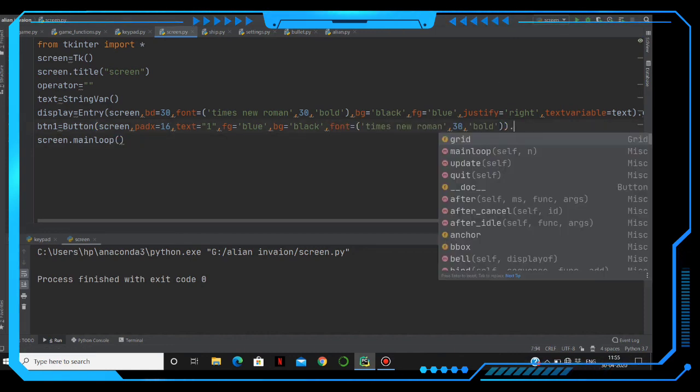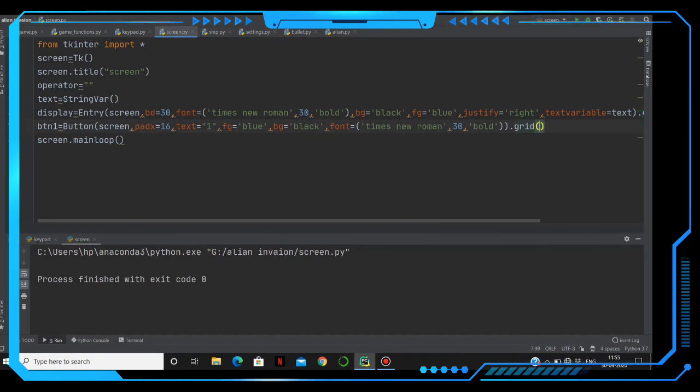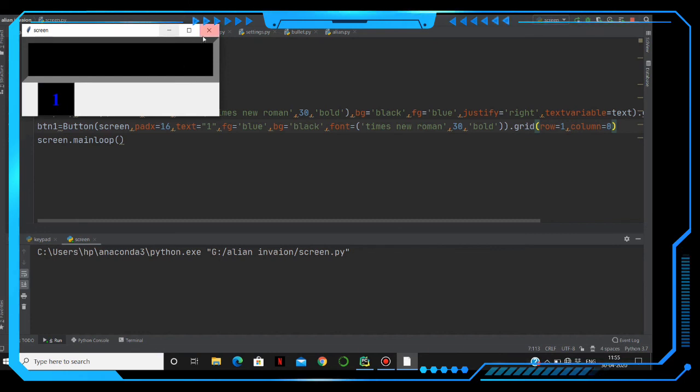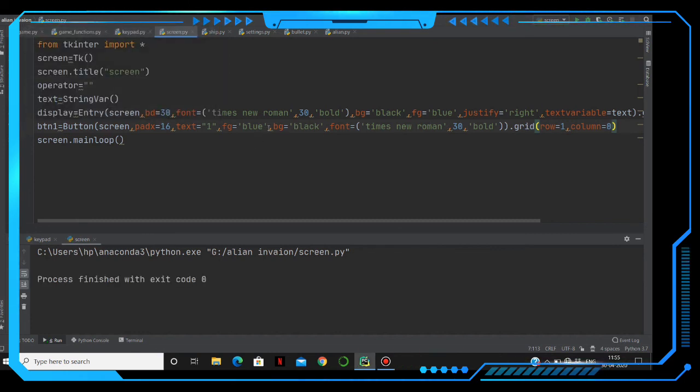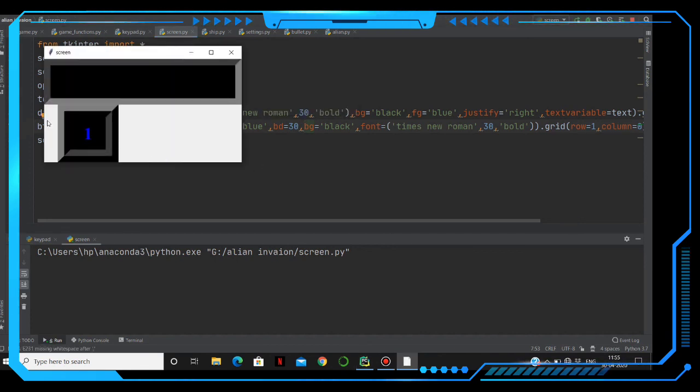And we have to define the grid, the position of this, where row equals to 1 comma column is equal to 0. Let's see the output. So the first button is here, so we have to select the border width here, like 30. Let's run this one now. See, here we got this type. We have to change the alignment here, so that the button should be right over the screen.